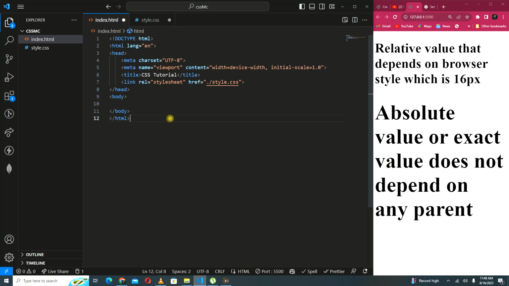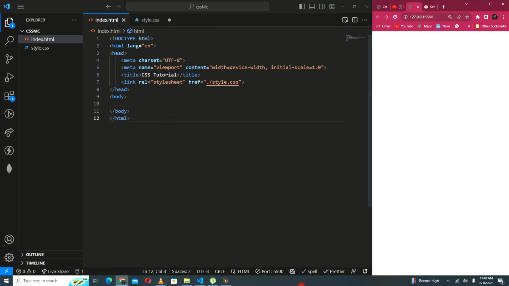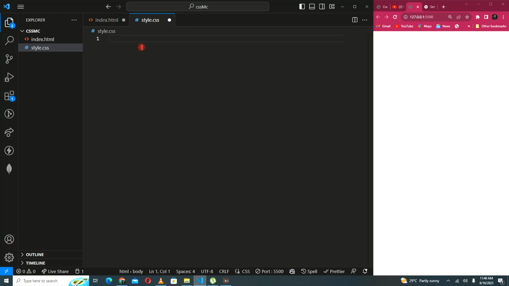In this section, we shall be talking about view height, VH, and then we have view width. If you remember in HTML,